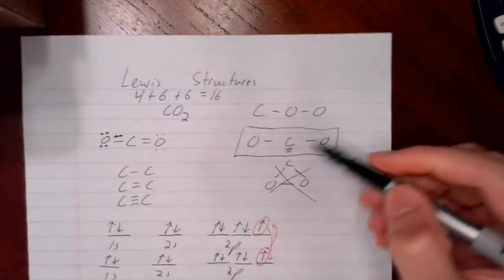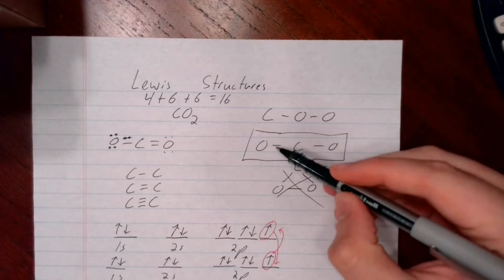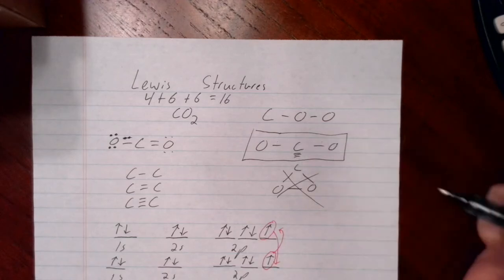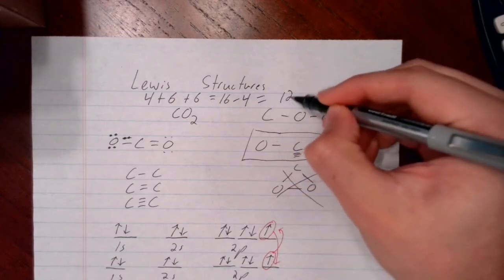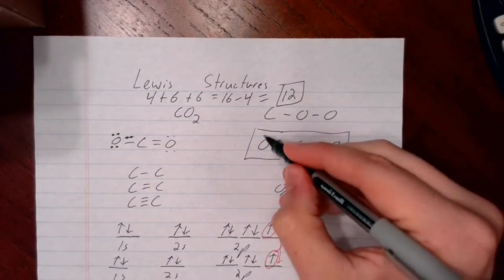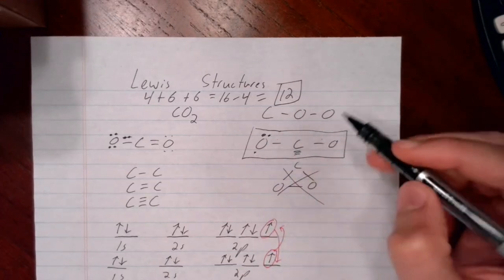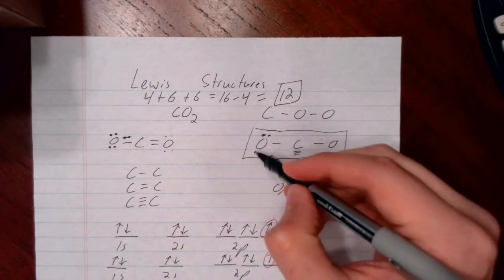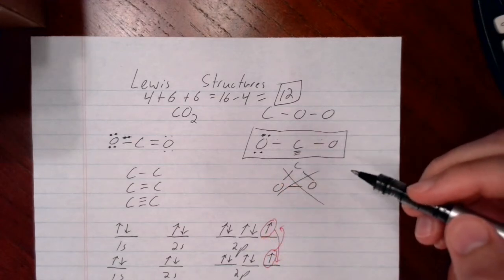In this case, just by attaching the atoms, I already used 2 electrons, 4 electrons. So I have 16 minus 4, so I only have 12 electrons left. I have to put 12 electrons somewhere around this molecule in the form of dots. Once I place my electrons, and we'll talk about some strategies for placing them as we move forward,